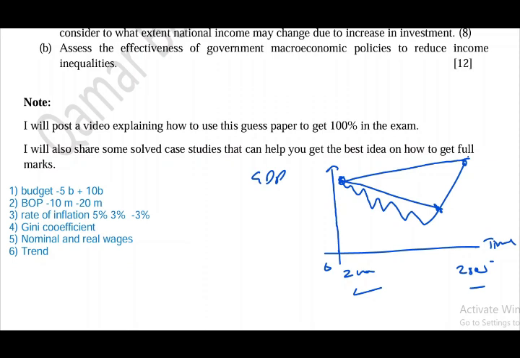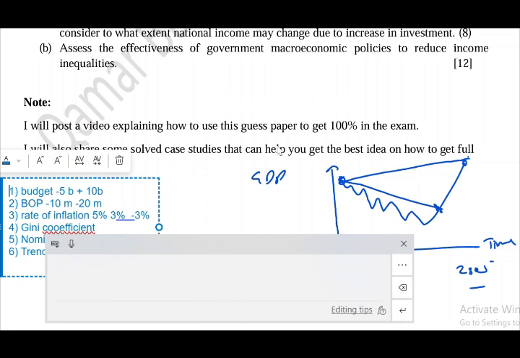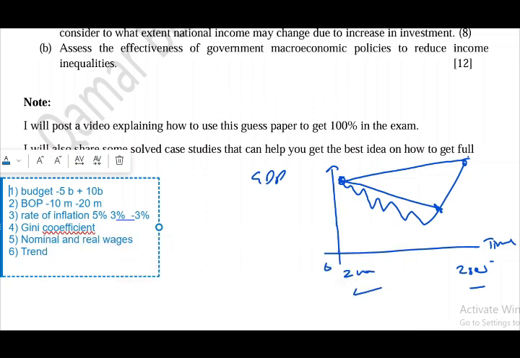Another thing that the examiner may ask you in section A can be the impact of supply side policies on different economic tools, fiscal policy and monetary policy. The examiner may ask you to assess whether an increase in demand always has a positive impact on an economy. He may also ask you to make the equilibrium graph and show how the change in price of one good affects the demand for another, if the other good is a substitute or complement, right?